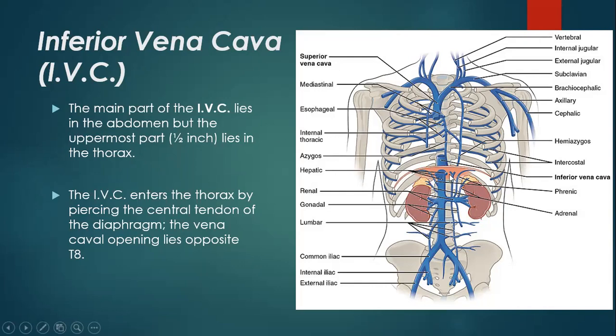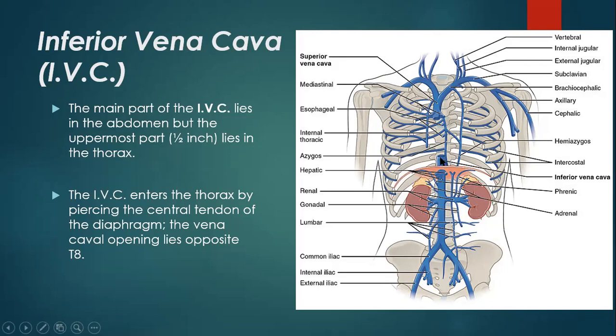Now coming to the inferior vena cava. The inferior vena cava is mostly in the abdomen. It begins by the joining of the two common iliac veins and it ascends upwards. Okay, this is the inferior vena cava. But we are not studying the whole course. We are studying only that part which is in the thoracic region, because we are dealing with all the important large blood vessels there in the thoracic region.